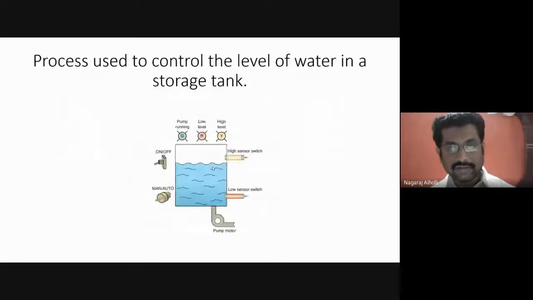So here you all have to just analyze. Once it reaches the required level in the tank, then what will happen? The high sensor will sense that, and it indicates the high sensing. That is high level. Yellow light will glow like that. It is an analysis process. Once the analysis is done, according to the analysis, go step by step.